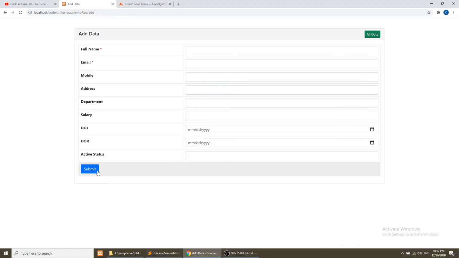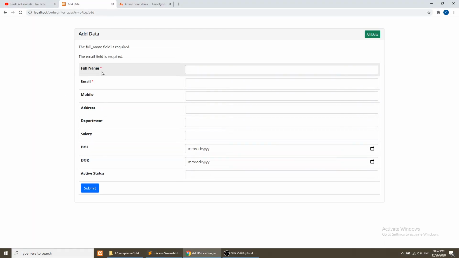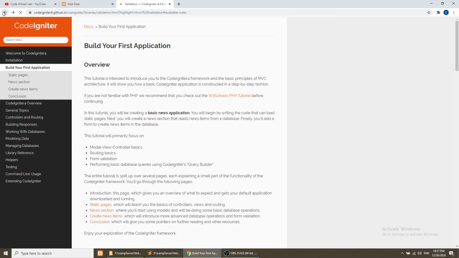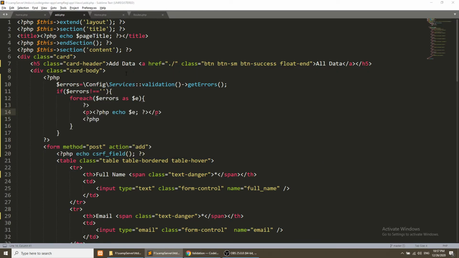And when we submit this form it will show the errors like this. Okay, so full name, email. You can also change these messages. You can go to the documentation and see how we can change the messages. Okay, so this is just a simple start.